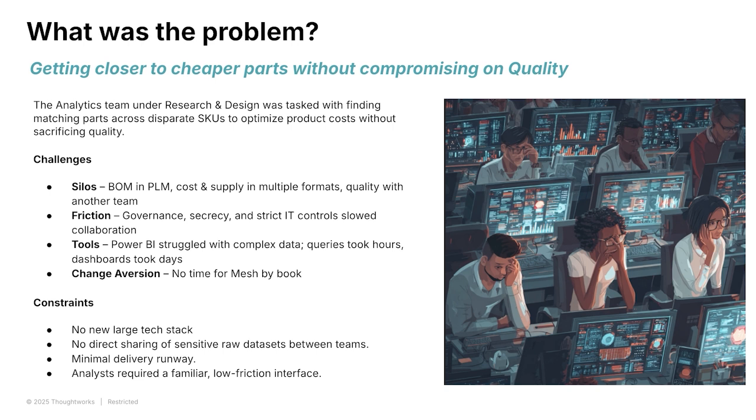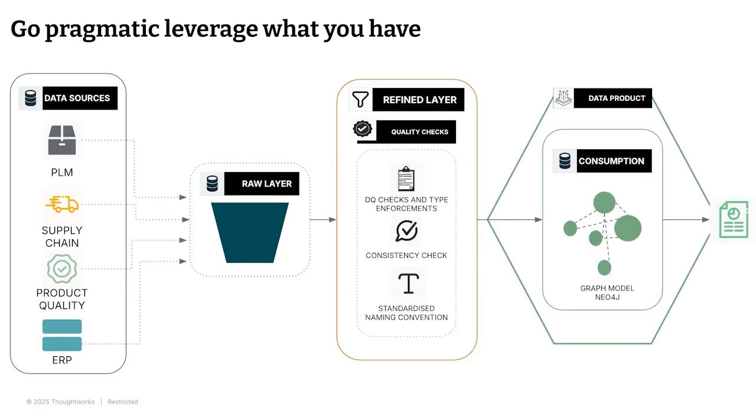With our idea of implementing data mesh and not disrupting the organization, this is what we built. So if you look at this diagram, from left to right, right is where my research and design department was sitting. And this is where they needed all of that bill of material data, which is very hierarchical, a tree-like structure, right? Where you say that there is a part and then it has sub-parts and assemblies and so on and so forth. It is a very tree-like structure or a graph-like structure.